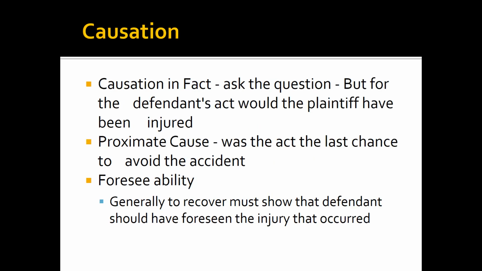Okay, causation. I'd kind of hinted at this. You can analyze the breach and the liability by asking: if the defendant didn't act in the way they did, going to the bar or giving the opinion about the trusses, would the injury have occurred? And sometimes we call that proximate cause. What was the act, the last chance to avoid the accident? And often one of the things we engage in around this is we look at, well, could it be foreseeable that the injury would occur?